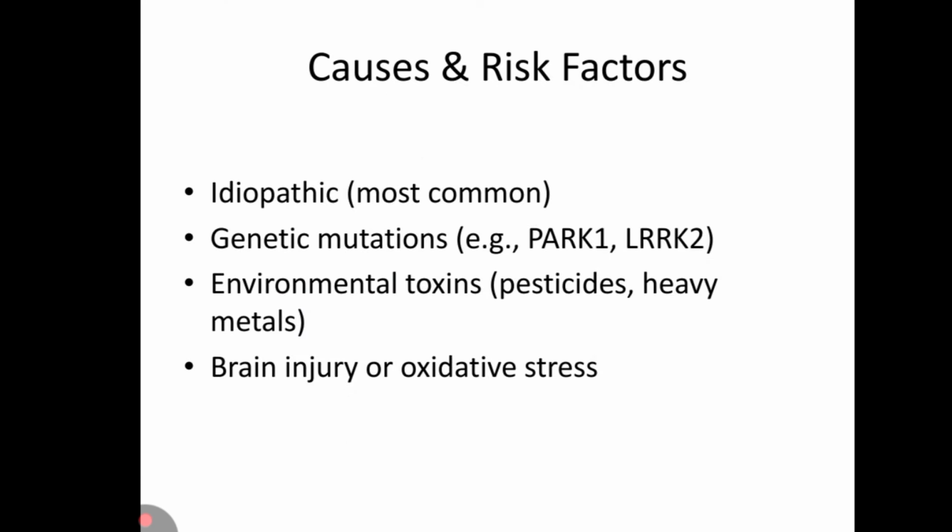Moving towards the causes and the risk factors of Parkinson's disease. It's idiopathic, most common, genetic mutation, PARK1 and LRRK2, environmental toxins including pesticides and heavy metals, plus brain injury or oxidative stress. So there are four key causes or risk factors of Parkinson's disease: idiopathic, genetic mutations, environmental toxins, and brain injury or